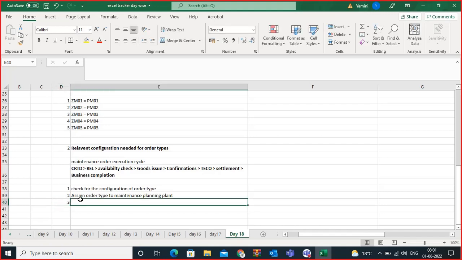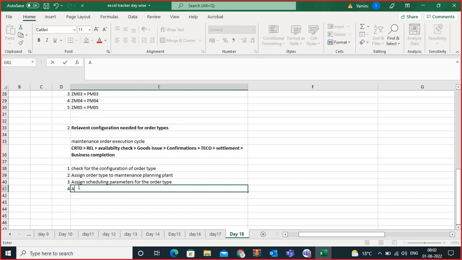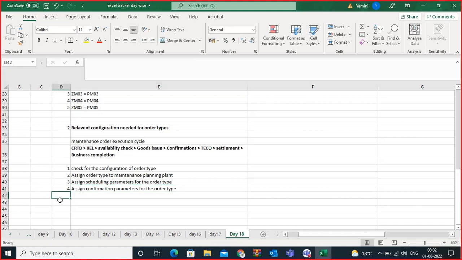It's the configuration. Third step. What is the third step? Third step is assign scheduling parameters for the order type. Okay, very very important configurations. So next, fourth, assign confirmation parameters for the order type. Next, fifth one,